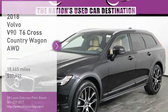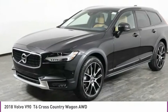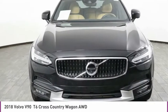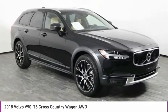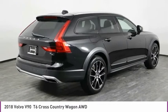Going to love the 2018 V90. The Volvo V90 is a mid-sized luxury executive car that epitomizes the safety and comfort of the Swedish automaker. The V90 wagon design easily carried a family of 4 with plenty of room in the back for whatever you